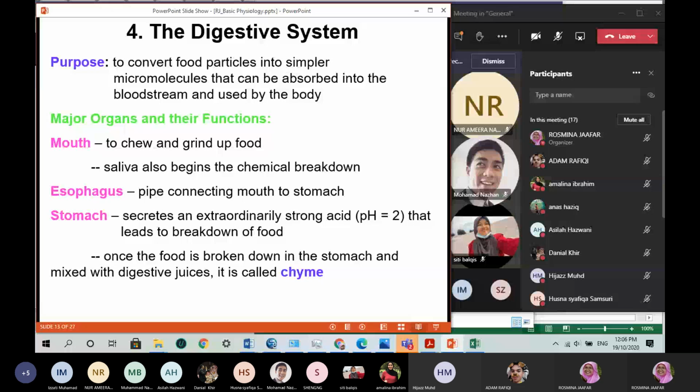The esophagus is the tract that brings food to the stomach, and the stomach is the food reservoir, where before your food can be digested, it is stored in the stomach. The stomach can secrete hydrochloric acid to help break down the food. But the breaking down of the food is actually done by enzymes.